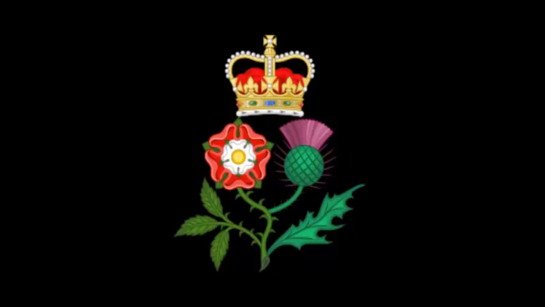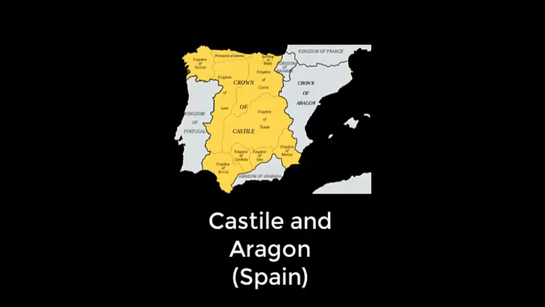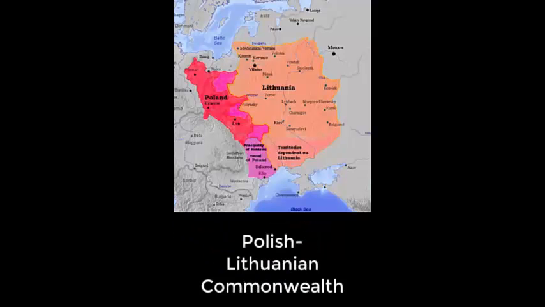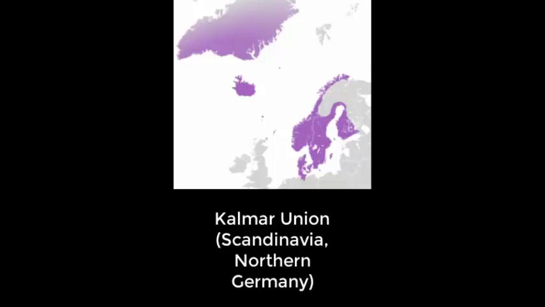So what are personal unions? Personal unions are when a king or monarch of one country also happens to be the king of another country. Basically, one person rules two different countries, and to what extent each nation is independent depends on a case-to-case basis. Personal unions were everywhere in Europe, but some of the most important ones were between Castile and Aragon, later uniting into Spain, between Poland and Lithuania, and the Kalmar Union in Scandinavia. This all helped bring European nations into strong, central states with the power and control to, say, perhaps, colonize the entire world.